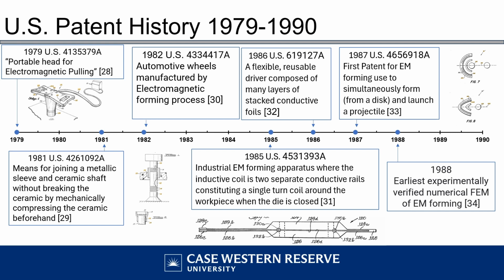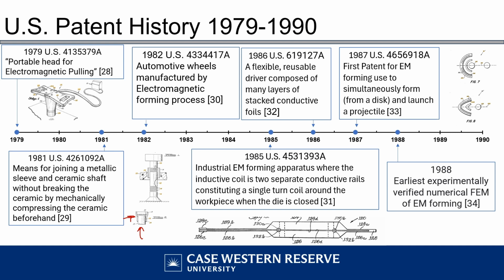Though academic literature on EM forming continued being published throughout the 80s, the number of U.S. patents related to this topic granted took a sharp decrease. However, this decade still saw, among other published patents, a portable device to generate attractive forces by EM forming, a method to join a metallic sleeve to a ceramic shaft without breaking the ceramic shaft by initially compressing the shaft mechanically,